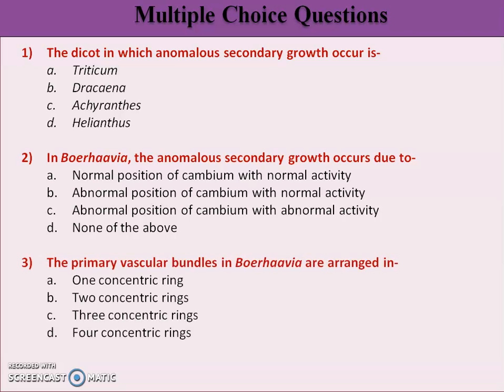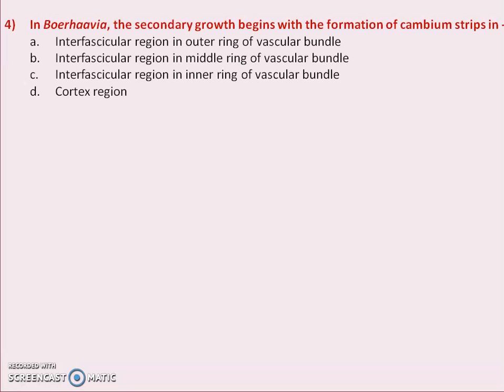The primary vascular bundles in Boerhavia are arranged in 1 concentric ring, 2 concentric rings, 3 concentric rings, or 4 concentric rings. Fourth question is: in Boerhavia, the secondary growth begins with the formation of cambium strips in interfascicular region in outer ring of vascular bundle, interfascicular region in middle ring of vascular bundle, interfascicular region in inner ring of vascular bundle,